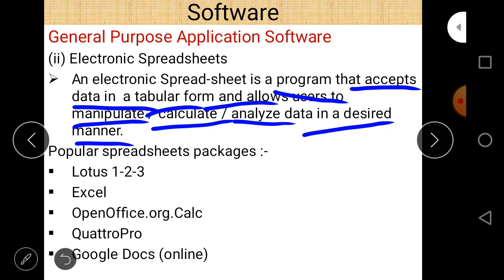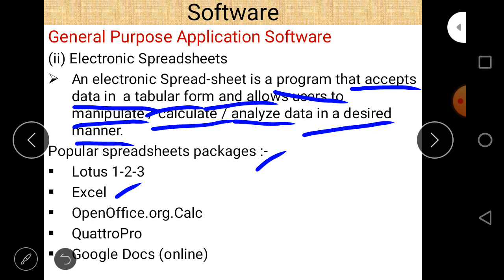And some popular spreadsheet packages are Excel, in which we can apply any formula, analyze the data, and make different types of charts and graphs.